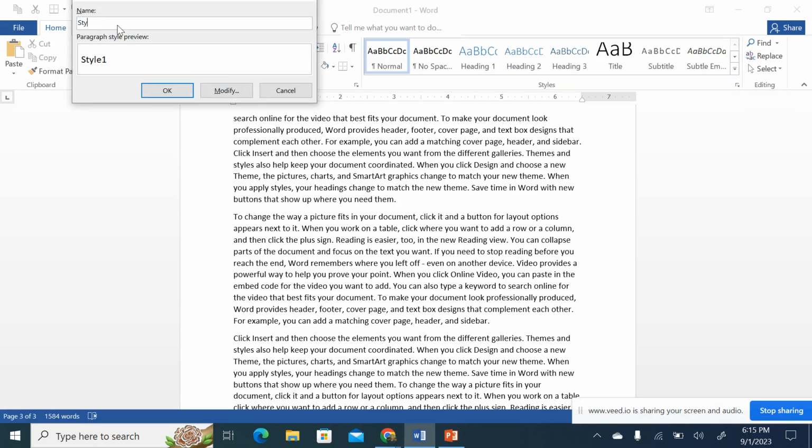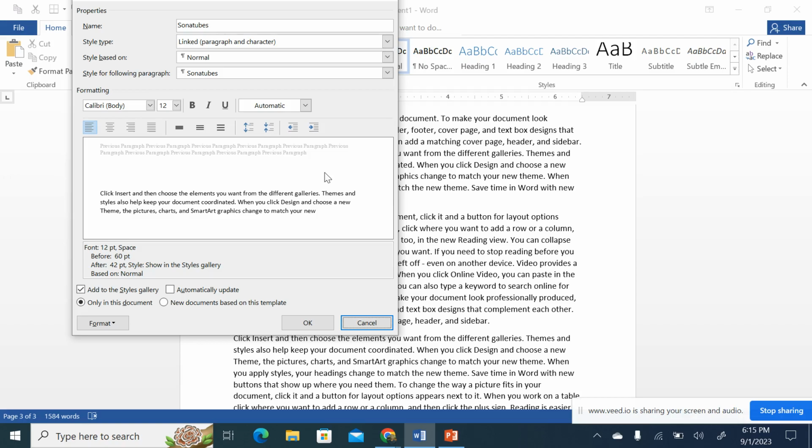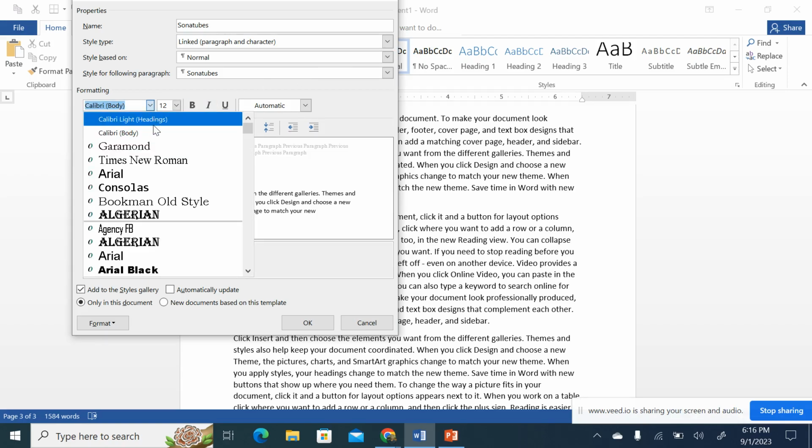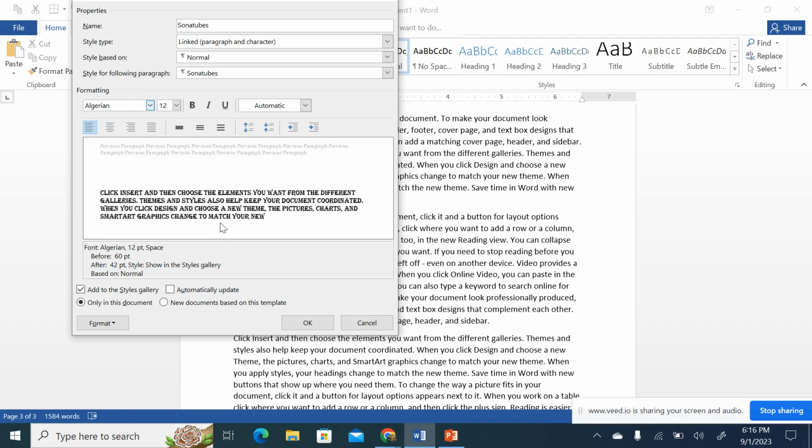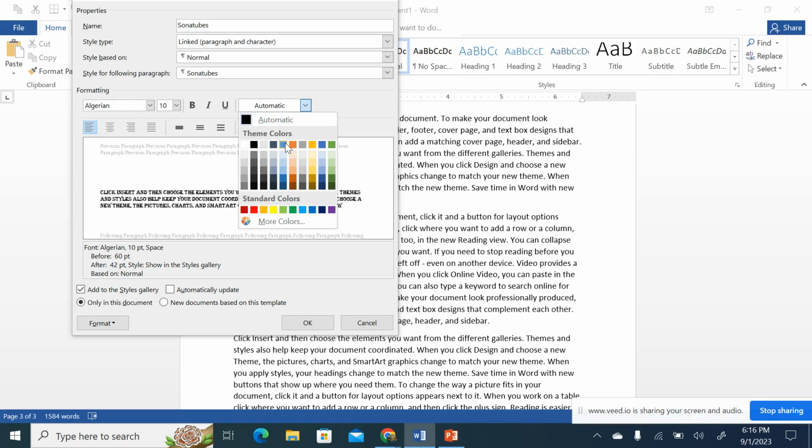A style, I'm going to name it Sonatibe, and then I'm going to click on modify to be able to change things on my style that I've created. Now this style, I can give it a font. Maybe let's say I want to give it a font of Algeria. Maybe I want to increase the font size to 10. Maybe I want my font to have an orange color,